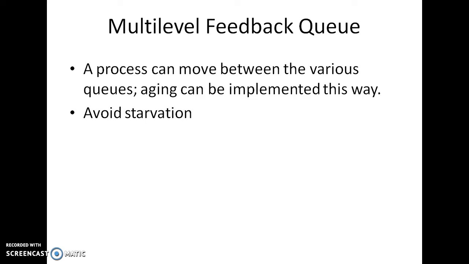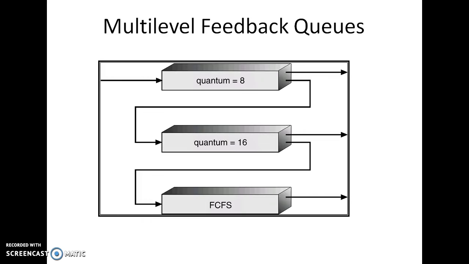The second part is, whatever process comes into the ready queue is moved to the first queue, that is Q0. In Q0 we are going to assign a time slice, or quantum, of 8 milliseconds; in Q1 we assign a time slice of 16 milliseconds. The last one is applied as first come first serve. So what happens in the first queue? Say a set of processes comes into the ready queue. All the processes enter the first queue, Q0, and it stays in that queue until its time quantum of 8 is done.